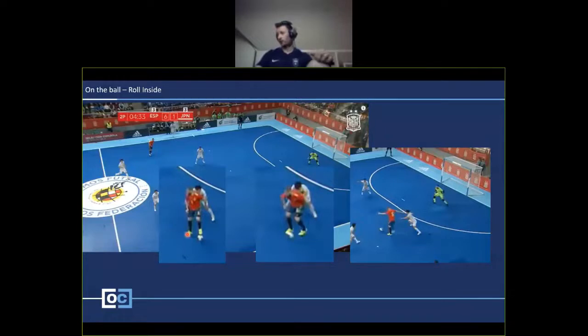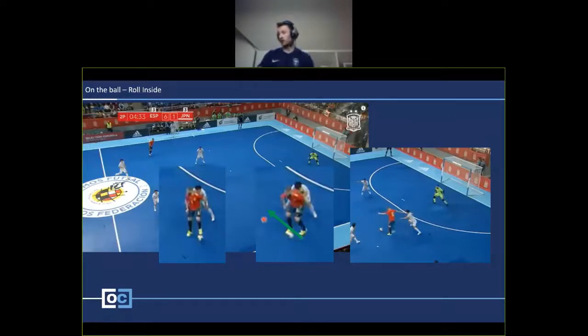I think often when I've tried it, I've not done as many touches here, or when I've been using the sole to roll the ball back, I've not gone with surprise like Solano does in these clips, and we'll see that at the end as well. This touch is also centimetre perfect. He's rolled that from here to where you can see the final position of the ball is here.